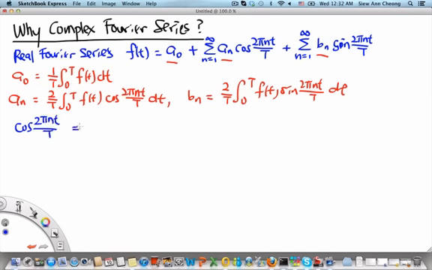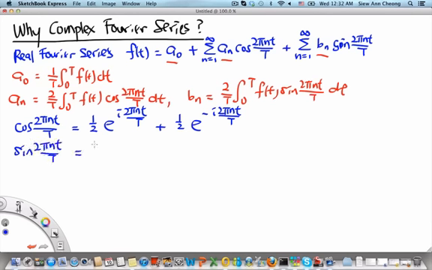cosine 2 pi nt over capital T is equal to 1/2 e to the i 2 pi nt over capital T plus 1/2 e to the minus i 2 pi nt over capital T, and sine of 2 pi nt over capital T is equal to 1 over 2i e to the i 2 pi nt over capital T minus 1 over 2i e to the minus i 2 pi nt over capital T. So if we rewrite all the cosines and the sines in this particular way, we can show that f of t can